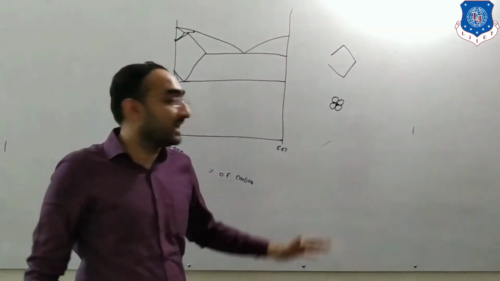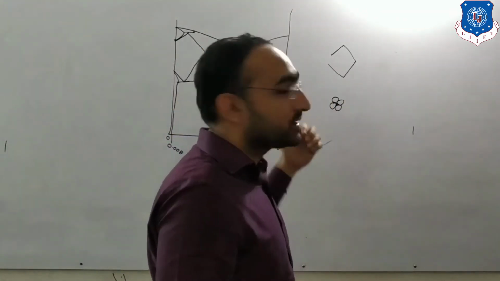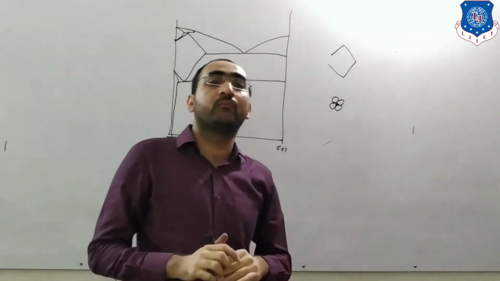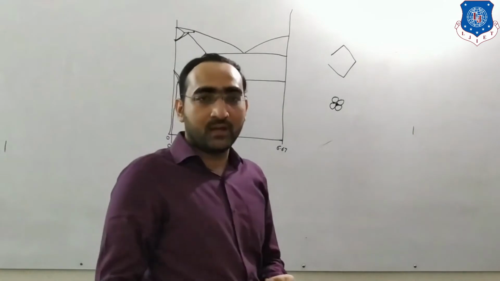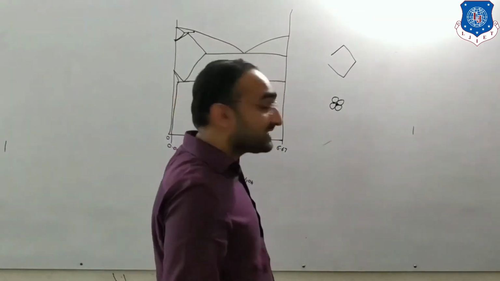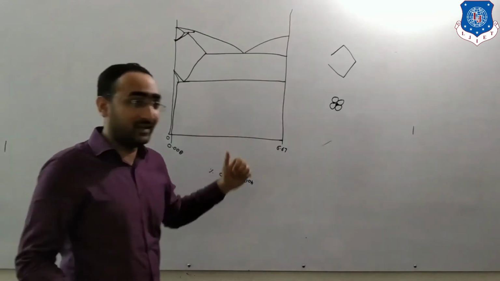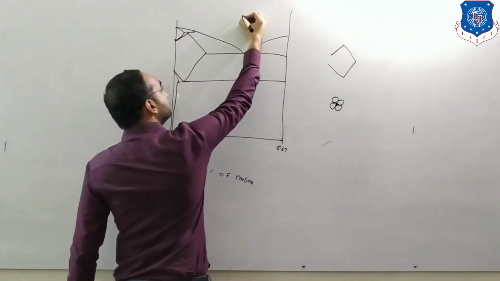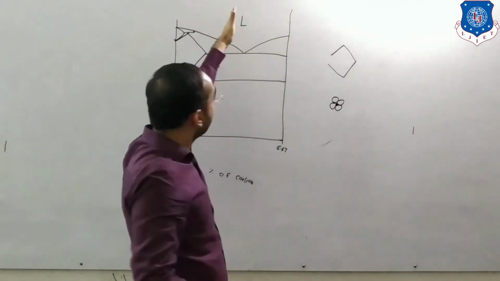So your first step, that is the drawing of an iron carbon diagram, is done in such a way. So in this way we have to plot the diagram. Now the second part of this diagram comes, indicating the different phases which are there in this particular diagram. Starting with the topmost part, that is liquid. The first part, that is the liquid, the topmost part.